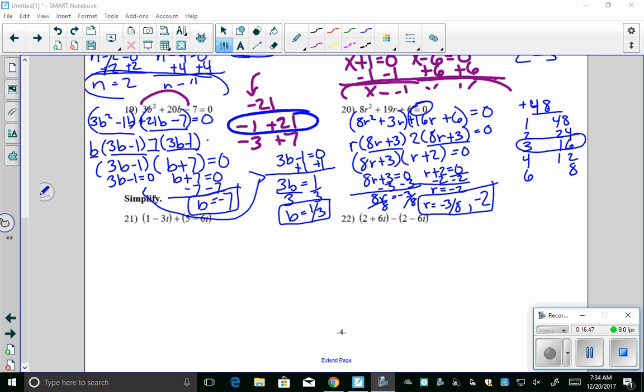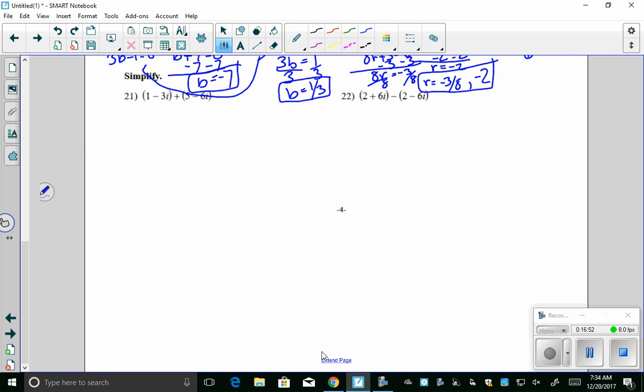The next set of instructions asks for us to simplify. When we are simplifying, there is a difference